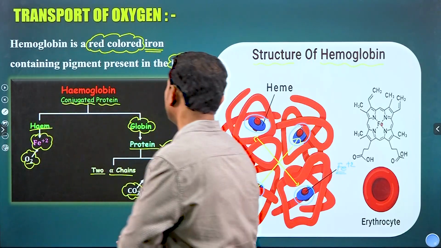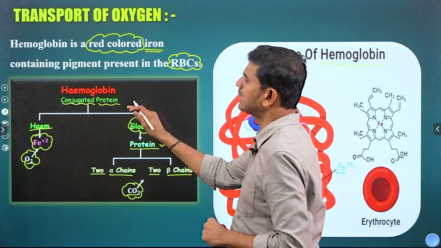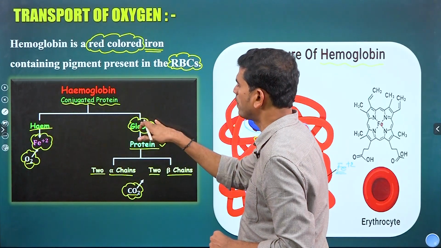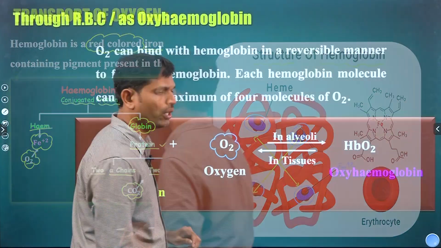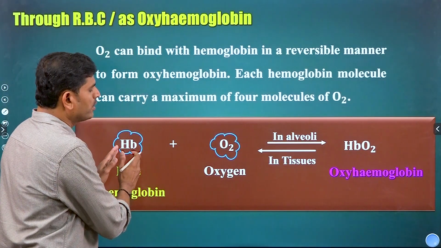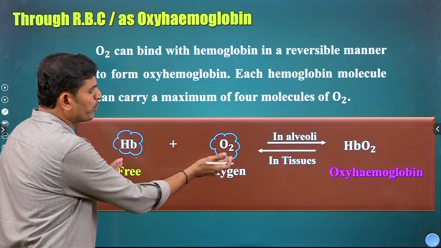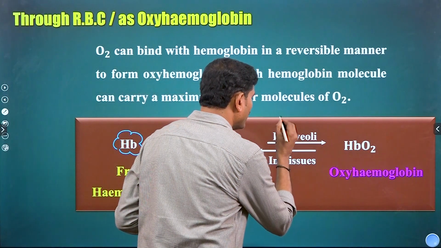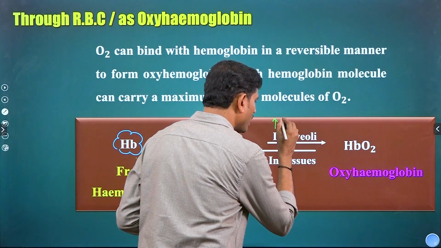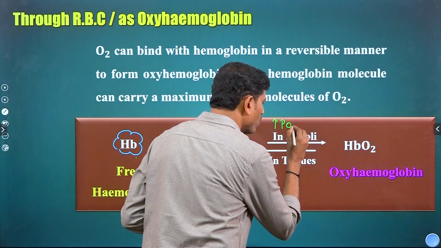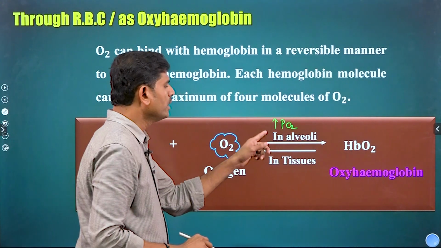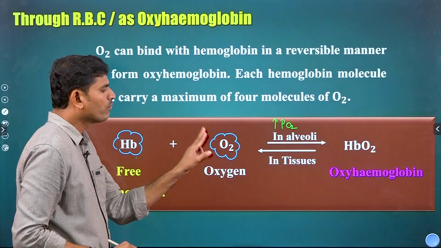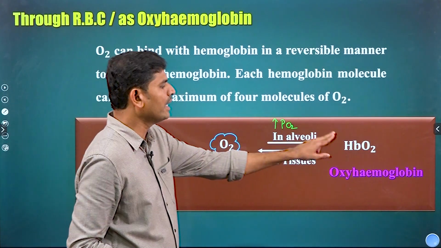Here we should know that one hemoglobin molecule contains 4 iron and 4 polypeptide chains which form the globin. Okay, this is the main thing. Now we can see here hemoglobin is going to form a temporary bond in the oxygenation process where it is in alveoli. Alveoli में क्या होगा? Partial pressure of O2 is more. So in the alveoli of lungs, this hemoglobin forms the temporary bond with oxygen,